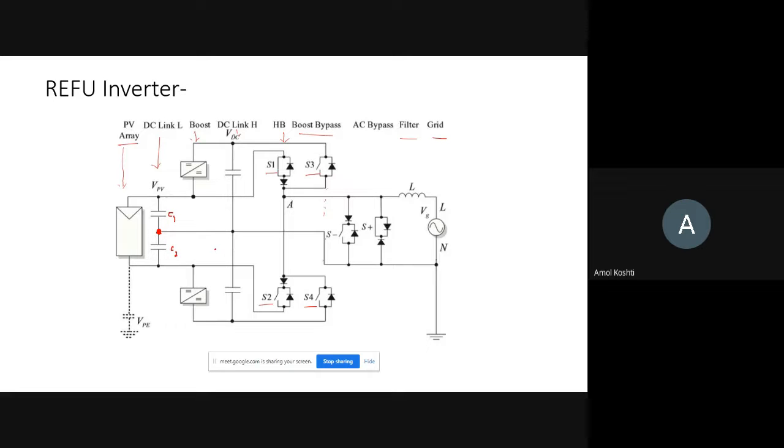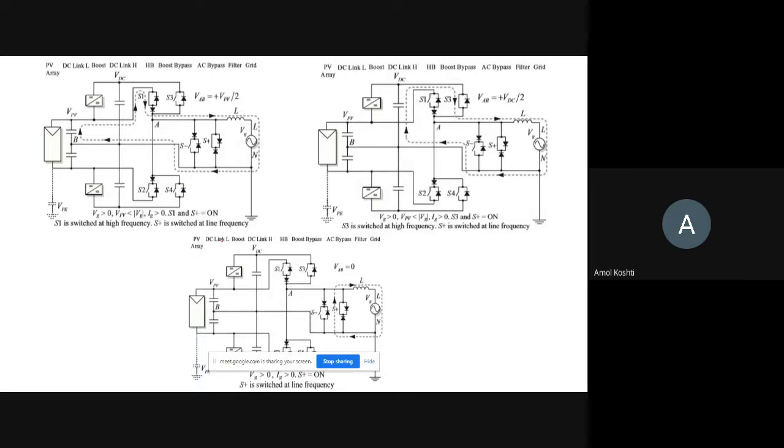They have observed the performance through the switching, so we'll see the switching of this. Suppose our input is VPV, and suppose these CPV capacitors are of equal value, so VPV by 2 and again VPV by 2 is divided across the capacitors. Initially they provide the pulse to S1. Through S1 it goes to the grid and closes through the first capacitor. So initially VPV by 2 output is produced at the end.